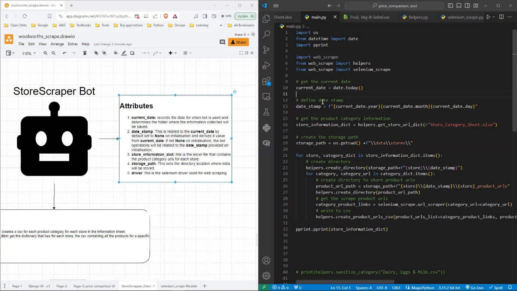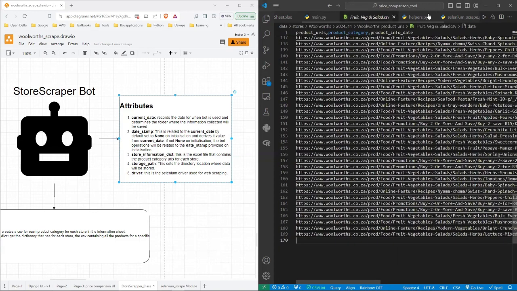And then we also have the date stamp, which is just like before. It is related to our current date, and its default is set to none. So if it's none, then just take the current date. Otherwise, the current date is what the user has inputted, right? Let's say we want to run our process again, like this one was from the 11th of May of this year. So let's say I want to run this because I don't like the number of products that we see there, right? Then I could just put in my date stamp and it would run